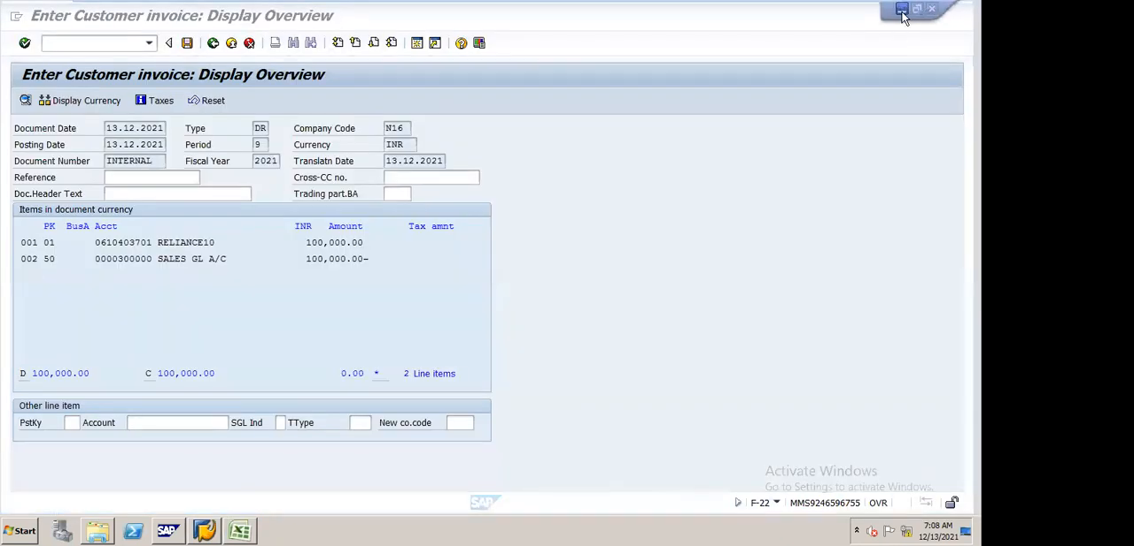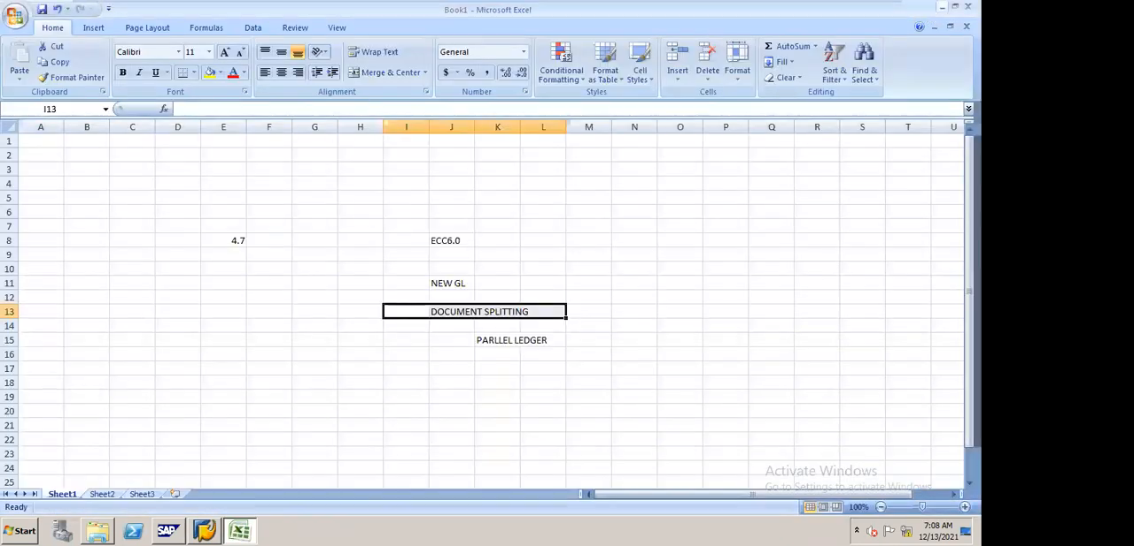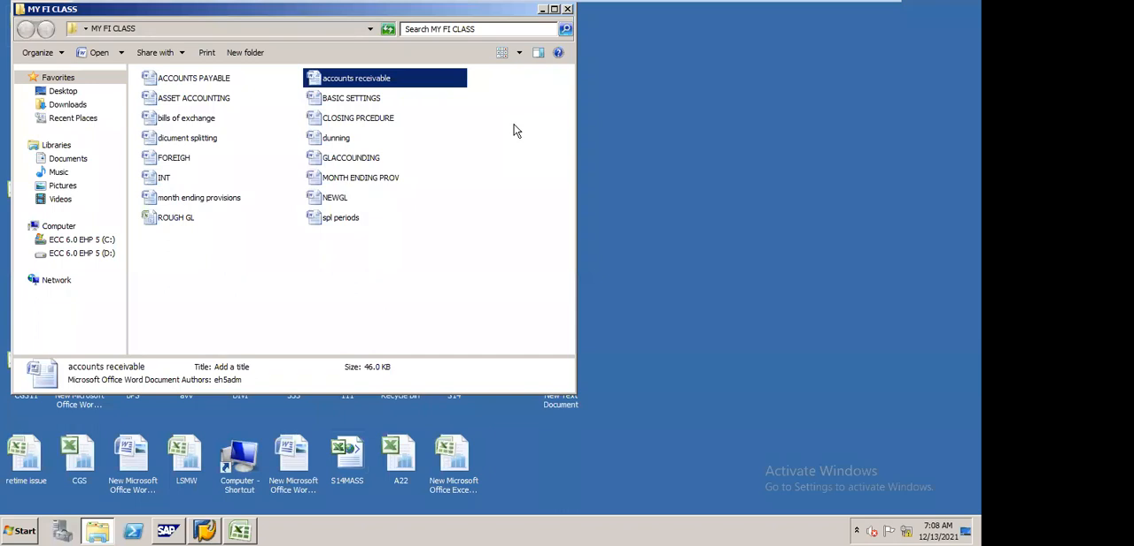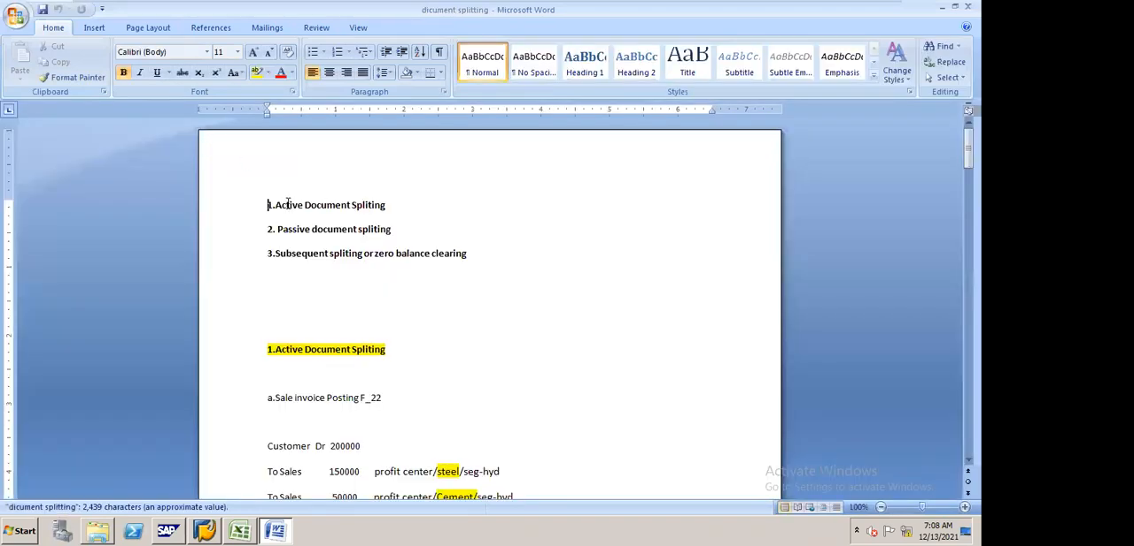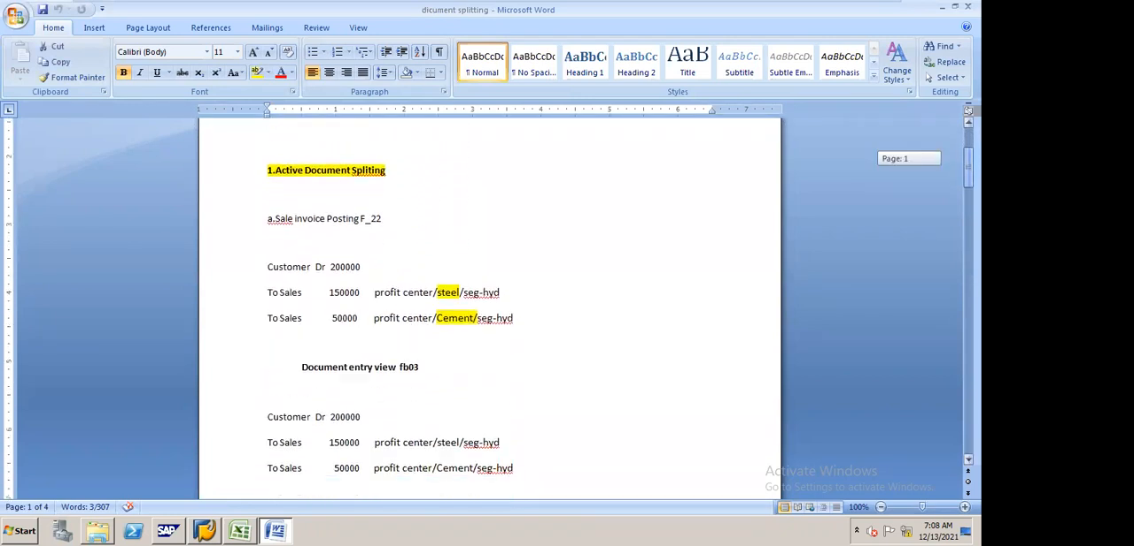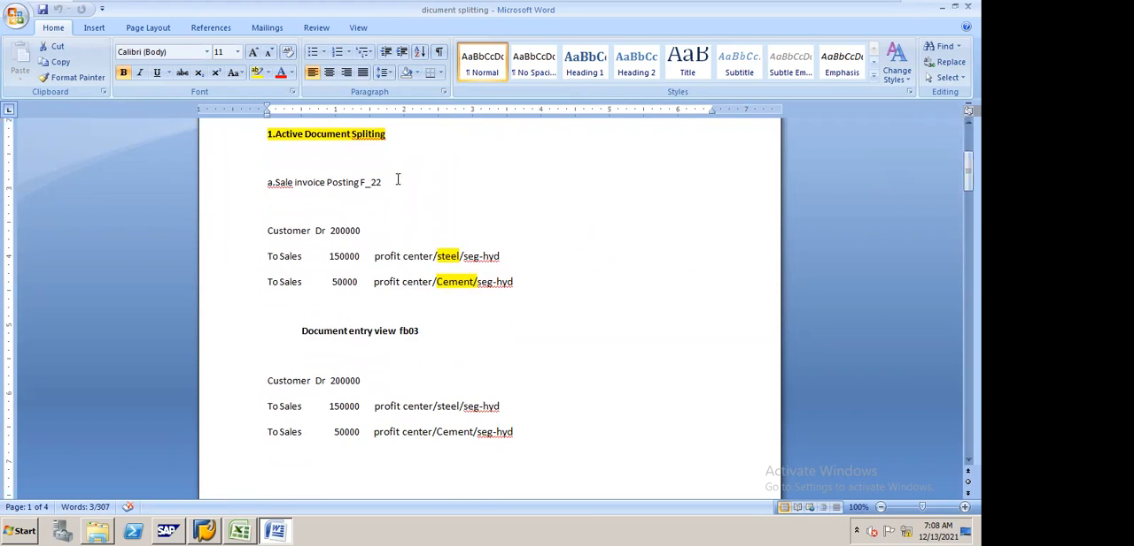In which scenario is it useful, you know? For example, there are three types of document splitting concept. One is active, one is passive, and the other is subsequent splitting. What is active document splitting? Active document splitting means, suppose in F-22,